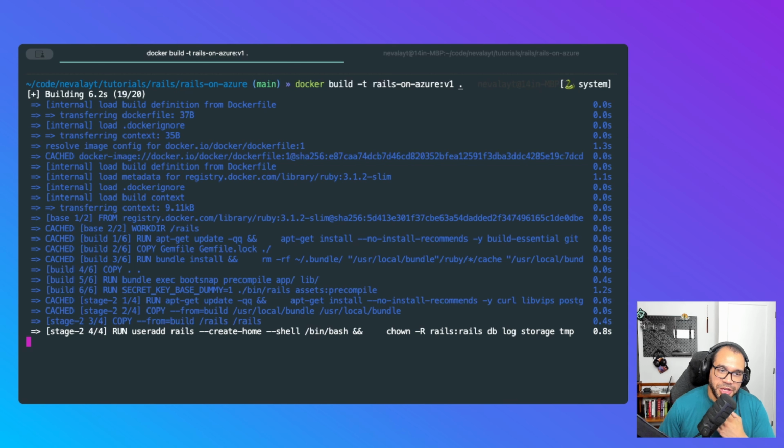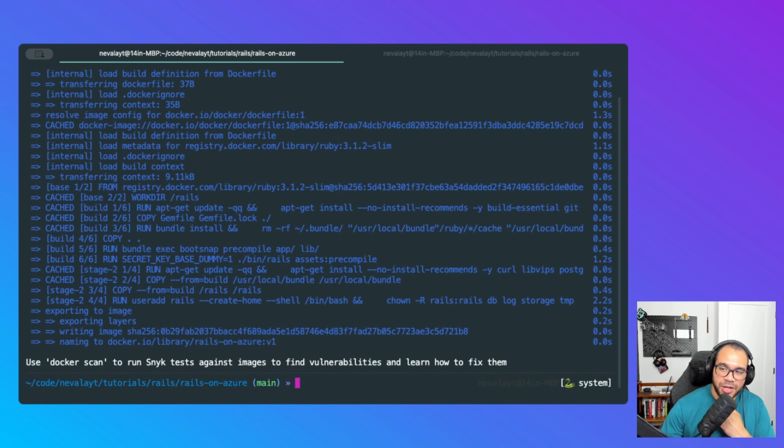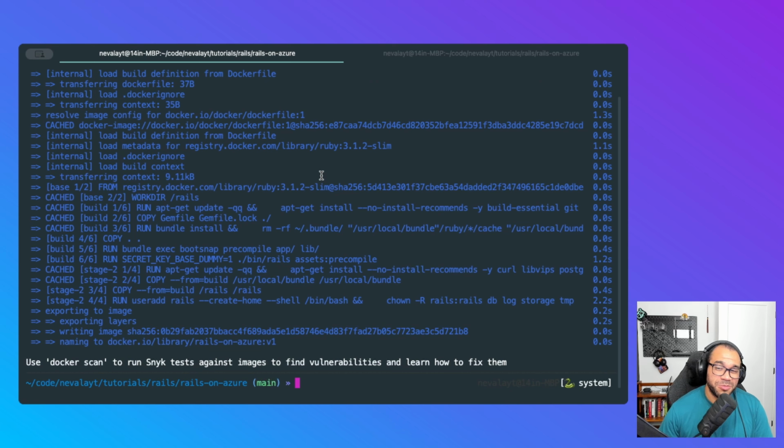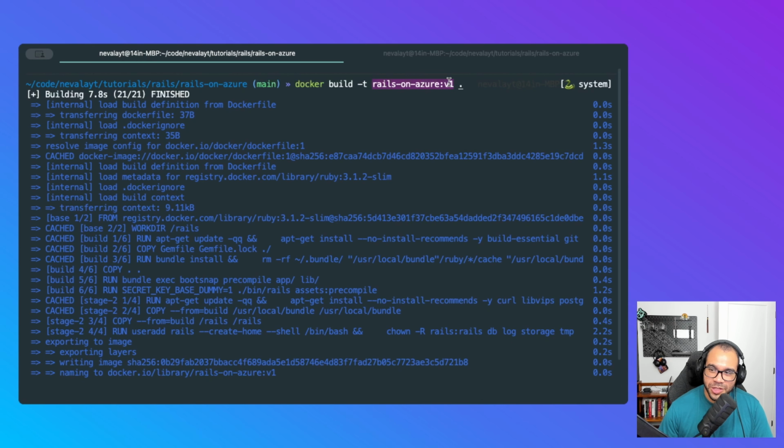If you're not familiar with Docker commands, what this is saying is that I'm starting the build from the context of the current directory I'm in, and I'm giving my Docker image this name. I'm not going to be doing a deep dive into Docker or how you create a Dockerfile. We're just using what is given to us by Rails. Possibly in a future video I'll be able to cover that, so please comment down below if that's something that you want to see. If not, then yeah. So now that I have my image built,